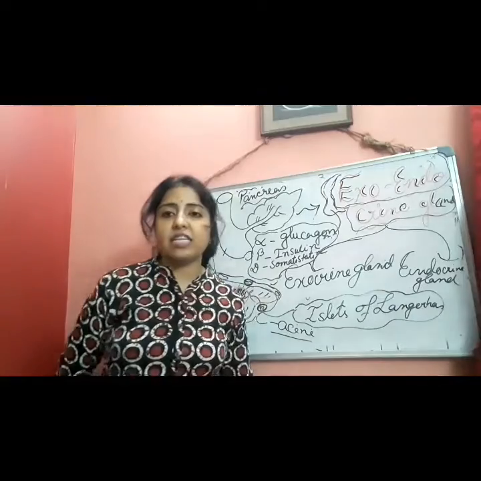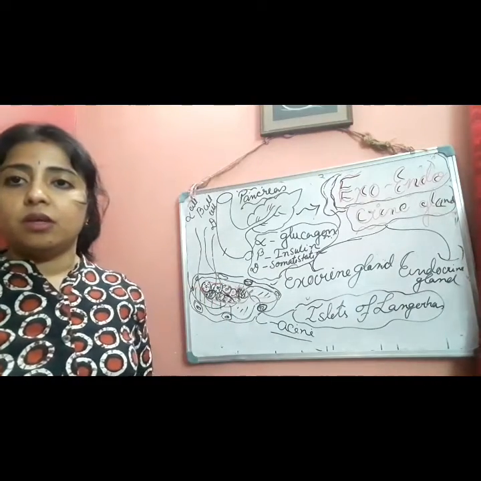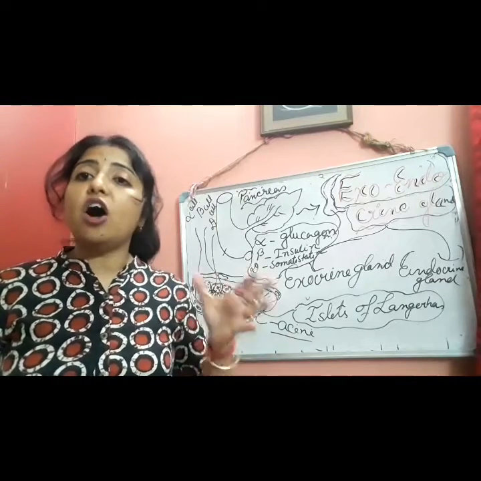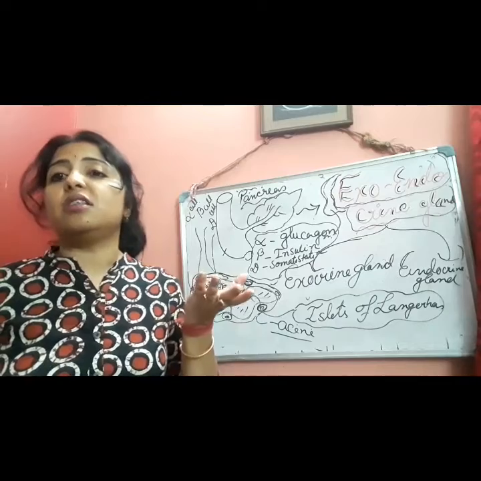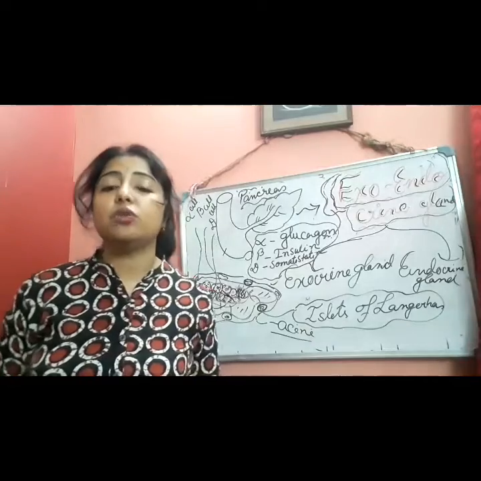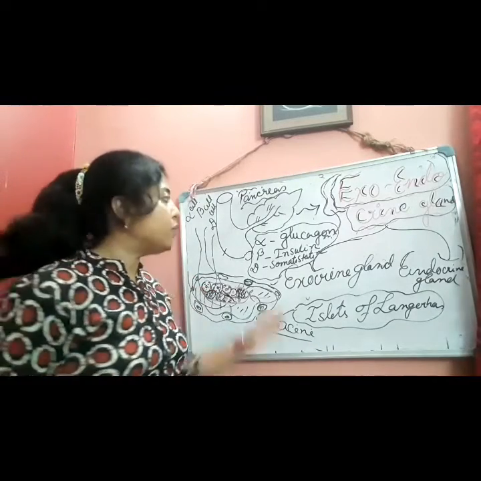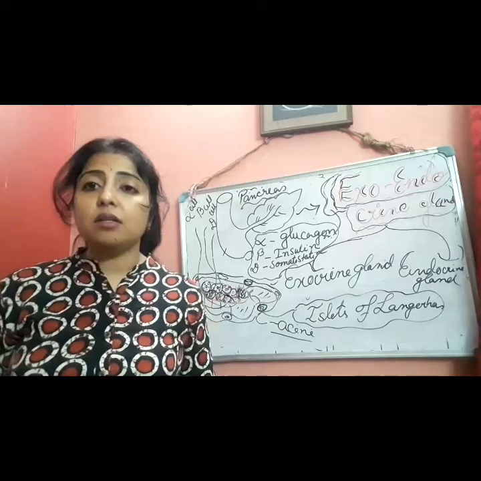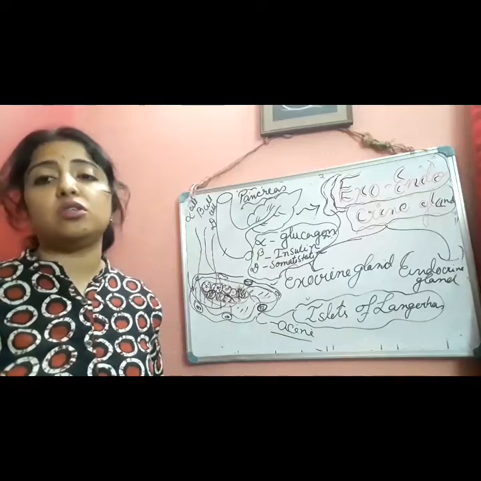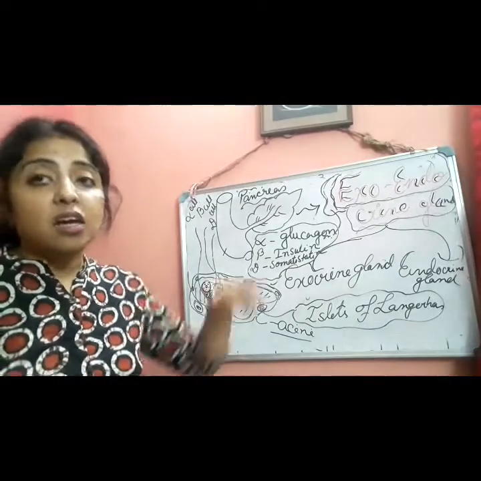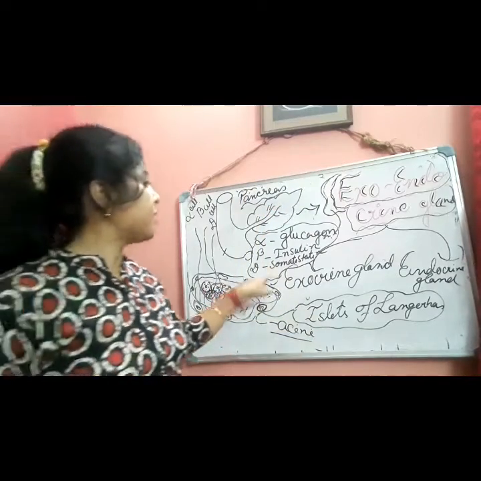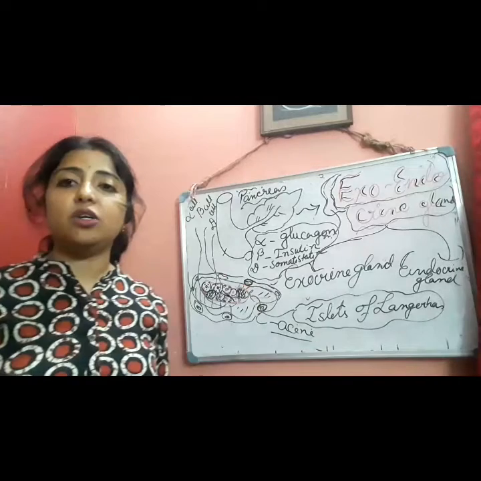Another one I have written is insulin. They will do just the opposite function. What is that? If the level of glucose increases in the blood, it will be decreased or controlled by this hormone, insulin. How will they do this? They will convert excess glucose into glycogen. That process is known as glycogenesis.